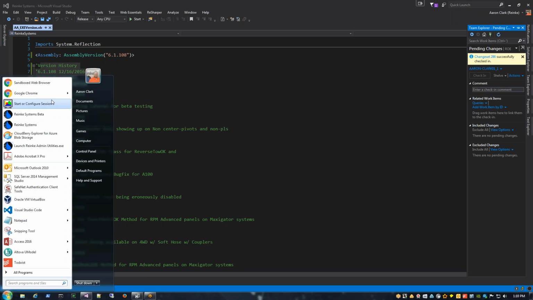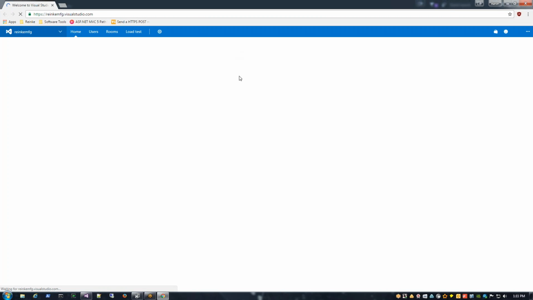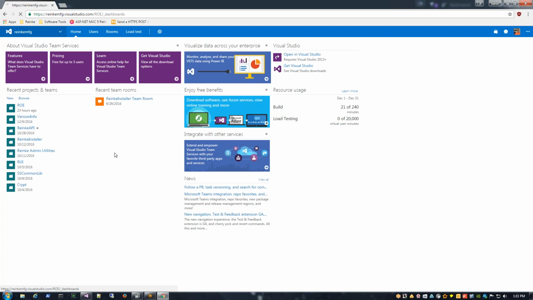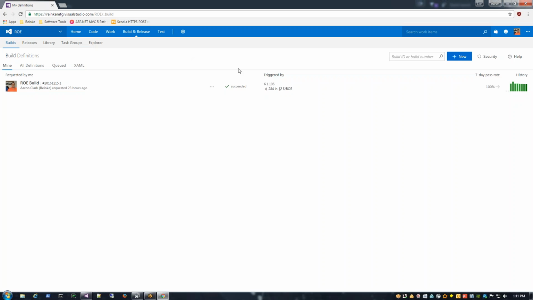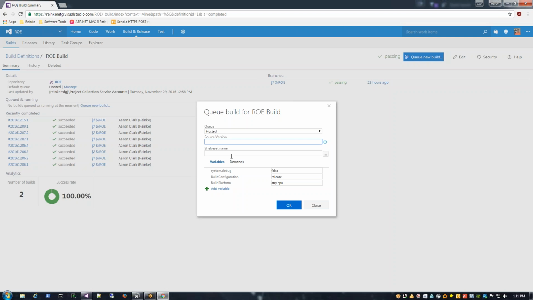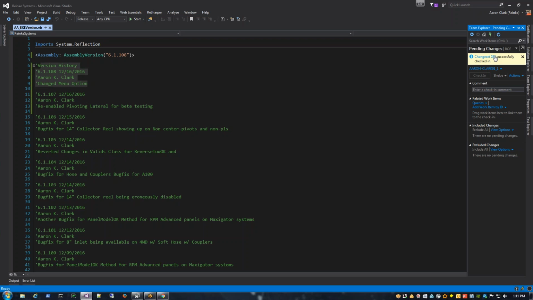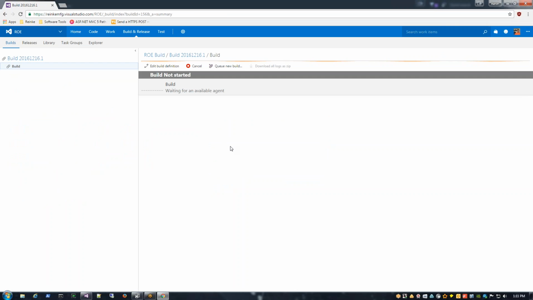step. So if I open a web browser and go to ringkeymfg.visualstudio, under ROE, and then builds, what we're going to do is we're going to click on ROE build and then queue a new build. Source version, this is where this number here comes in. So it was change set 286, so we're going to plug that into our source version in TFS. Once we do that, TFS will kick off a new build,